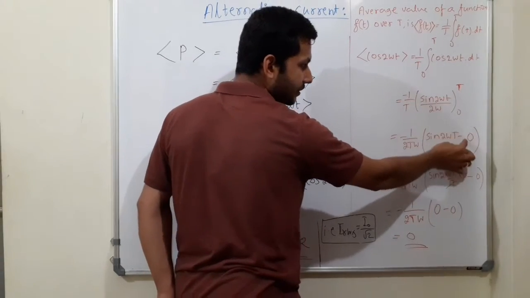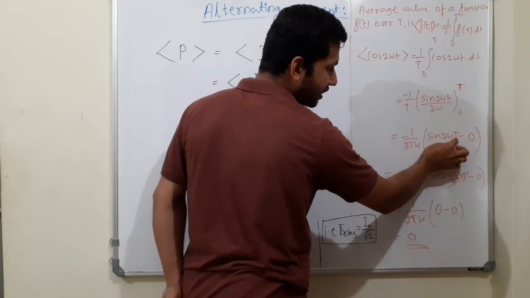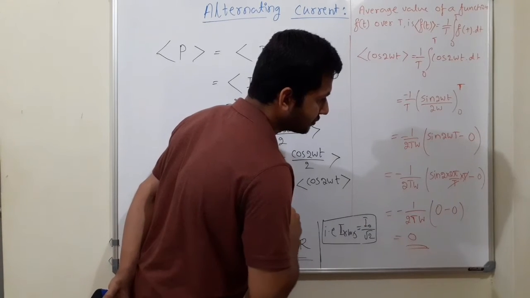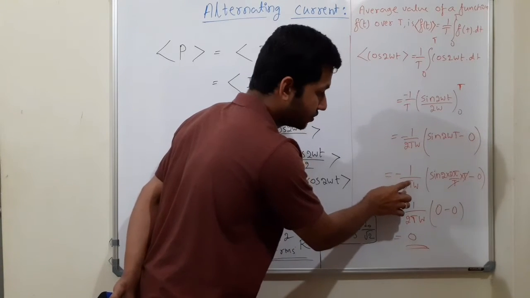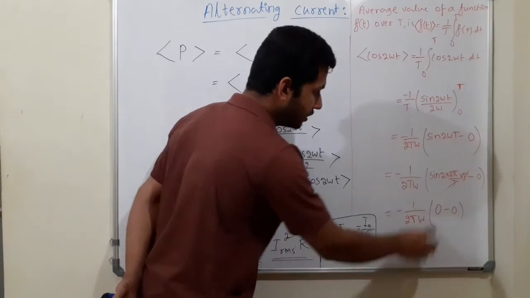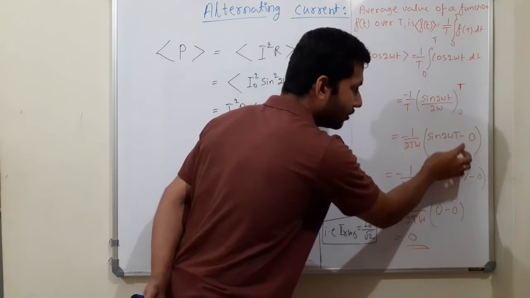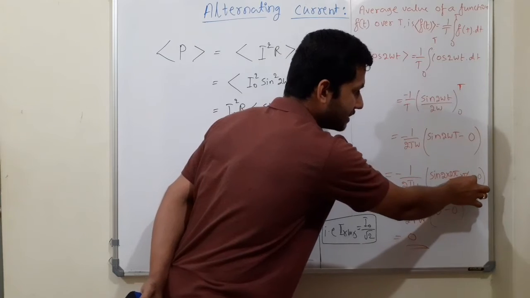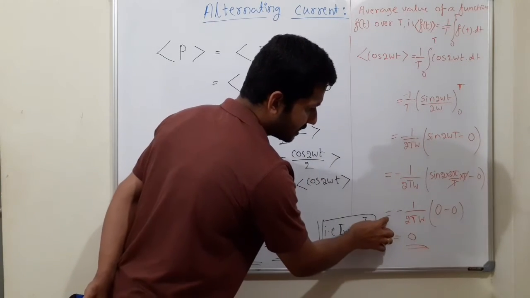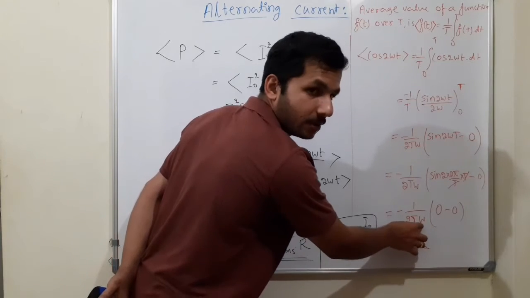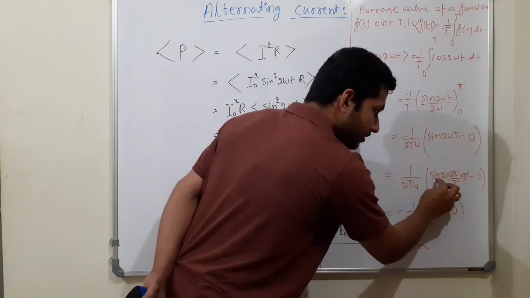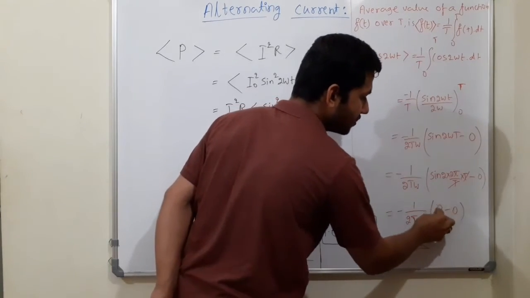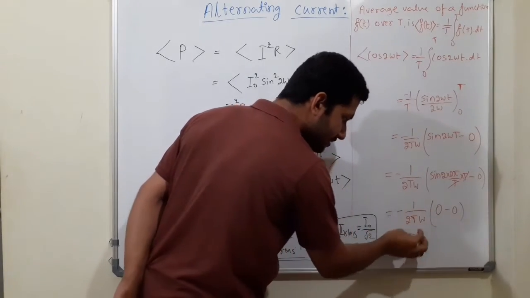So on substituting the lower limit you get 0, and on substituting the upper limit you get capital T in place of small t. Okay, and minus 2 t omega into sine 2 into, where omega is 2 pi by T, into T, that remains as it is, minus 0. Which is equal to minus 1 by 2 t omega into sine 4 pi. Sine 4 pi is how much? 0, right? So sine 4 pi is 0. 0 minus 0 is 0 only. 0 into anything is 0, so it is 0.